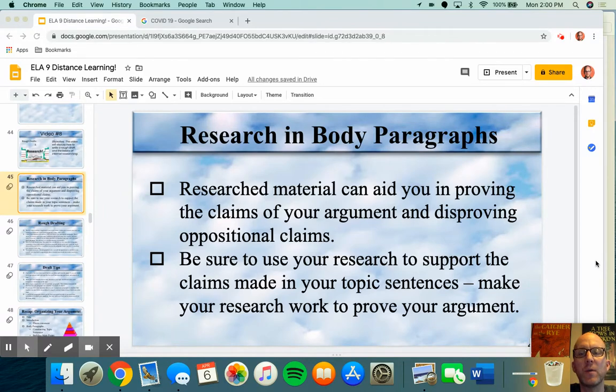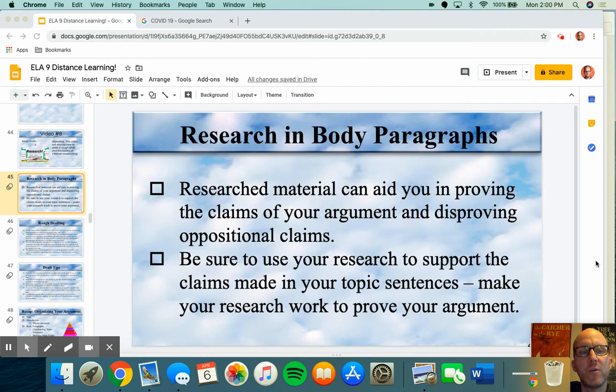So research material, we've already said before, can aid you in disproving and proving your content. So you want to use the information that you're finding, in this case, probably through the internet. The easiest thing that you're going to be able to access is information throughout the internet. If you're doing the Romeo and Juliet topic, the most famous love story of all time, you're probably going to use the text as your source of information.